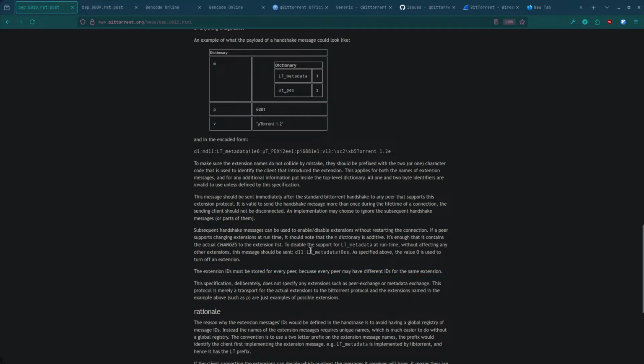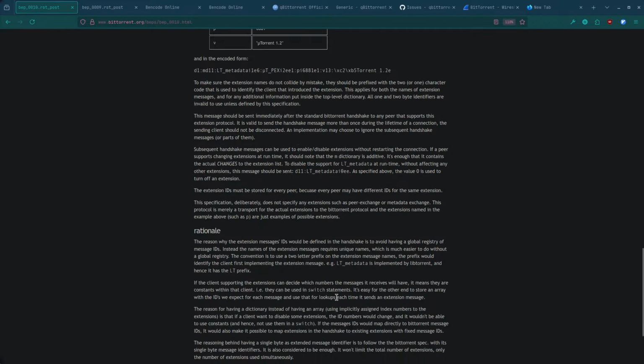Yeah, that can just be whatever. The reason the ID should be defined in the handshake is to avoid having a global registry of message IDs. Instead, the names of the messages are unique names. Okay, yeah, so unique names like we do. That stuff, whatever. uTorrent. Okay, my one question right there: I'm very sure that it is just ut_metadata, but I want to make sure